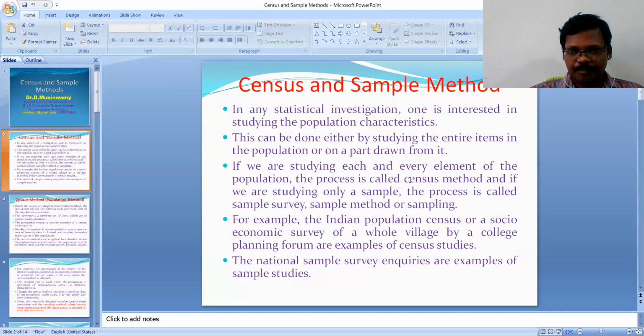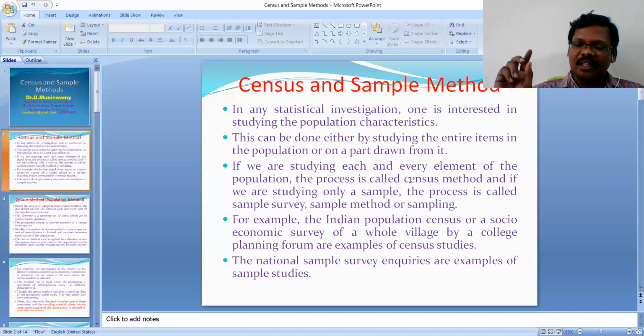Based on the price changes in these sample commodities, the government will estimate that this much inflation was there in this particular month or particular year for consumer goods or wholesale goods or like that. Like that, the government will try to estimate using samples with some activities. But the census is nothing but, irrespective of gender, caste or age